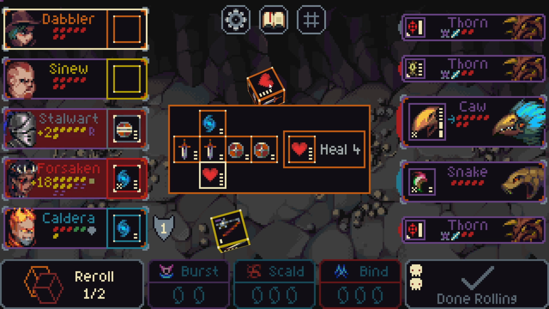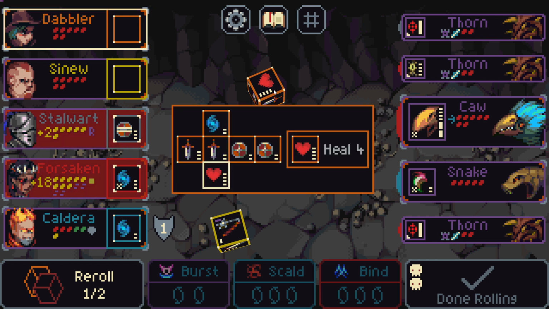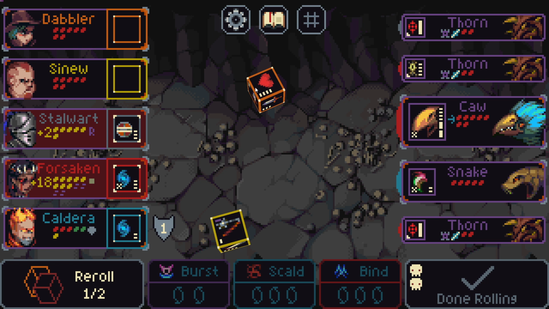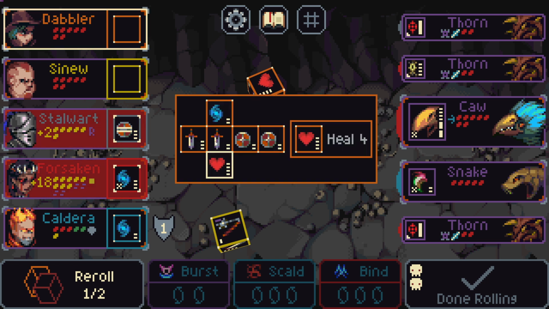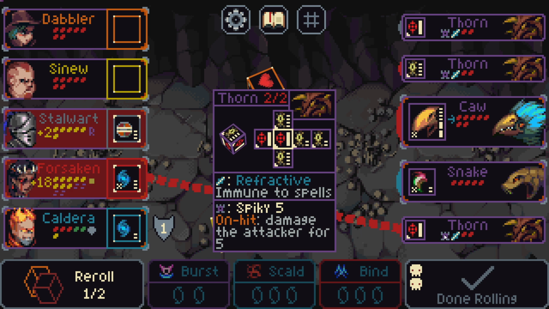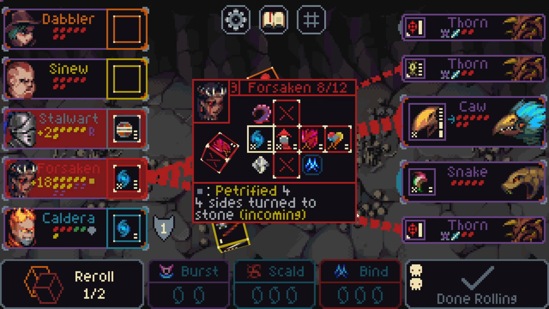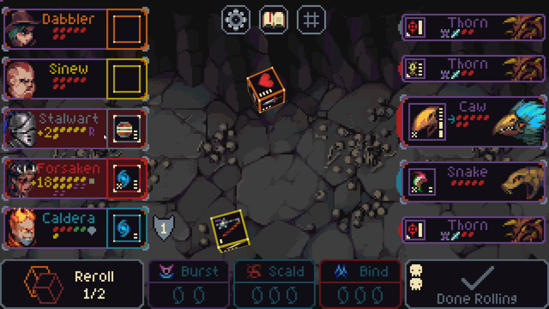That means I'm not gonna heal. So this basically is 3 mana if I want to play it on the Forsaken. But if I play bind on the Forsaken, then they're gonna lose this health. So do I want 3 mana from the Dabbler? Or am I okay with 5 mana and re-rolling to get damage maybe? Damage kills the thorns, which is nice. No one's doing damage. I think I do need to re-roll that. Well, the thing is, if the thorns don't die...